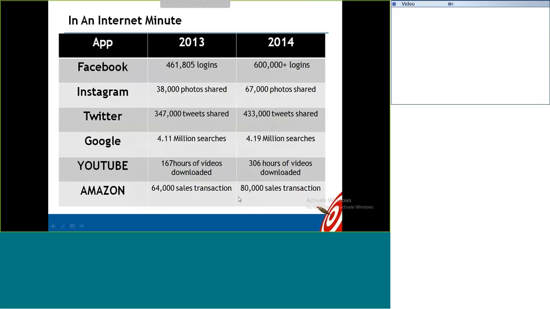So 64,000 sales transactions. By 2020, the majority of sales will be done online, 80% of the sales. Those are the projections based on improving trends among buyers, who are using online sources and online transactions in order to buy products. Based on this, they are expecting to have 80% of the sales online. All these shopping malls, you can imagine, right? So that is what is happening. A large volume of data is getting generated from all these sources.